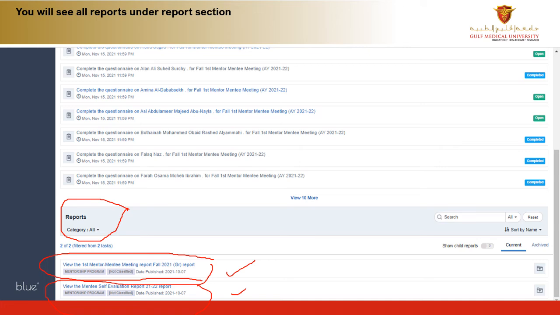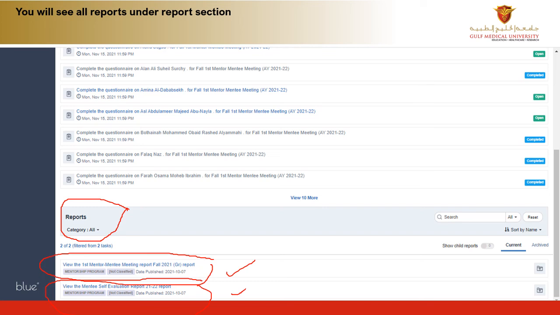Not only mentorship, the students will be able to see their student survey, evaluation of university services, student evaluation of courses and faculty services, faculty evaluations through this platform. And the faculty members will be able to see their own faculty reports, like student evaluation of faculty reports, all available through this platform to each faculty member. So there is no need for the faculty members to wait for the deans or the associate deans or the quality assurance unit to share these reports with you, and obviously because these reports belong to a particular faculty, a high level of confidentiality is maintained.